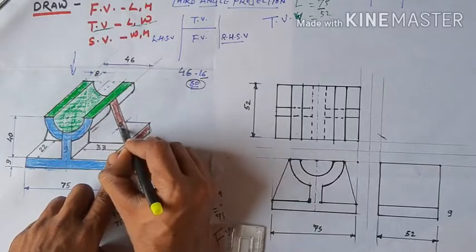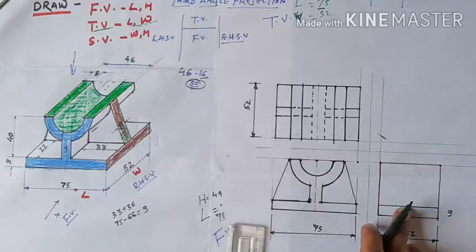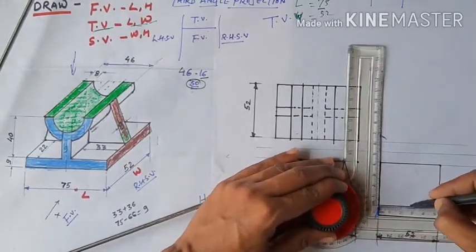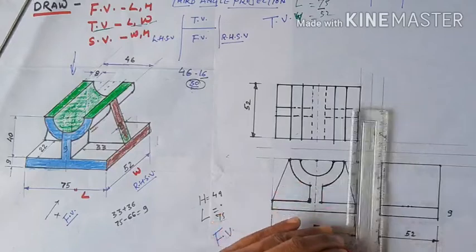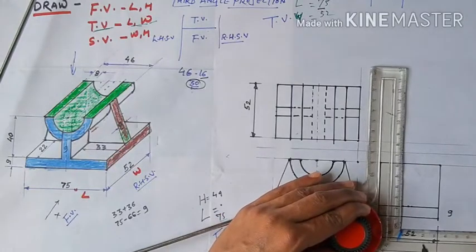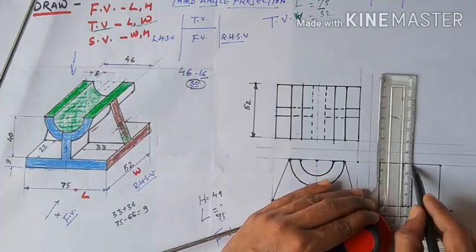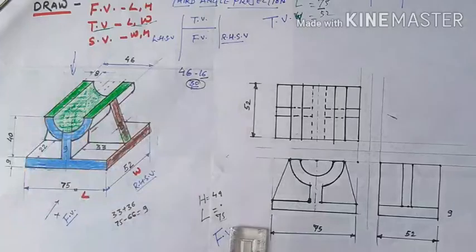And now the strip of 8 mm, this is your 8 mm as seen, and this is your last at the top. So from here we need to take a center line. So this is your 26 mm of center line, and from here we take 4 mm and 4 mm for both the ends. So this is your 4 mm, and now draw the line like this to join with this top. So this is this.